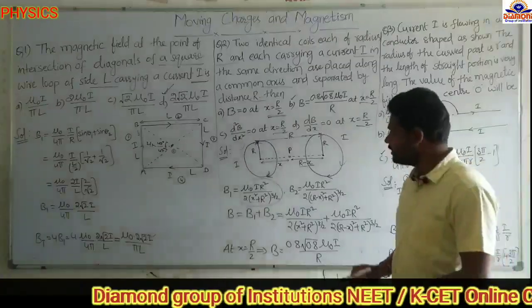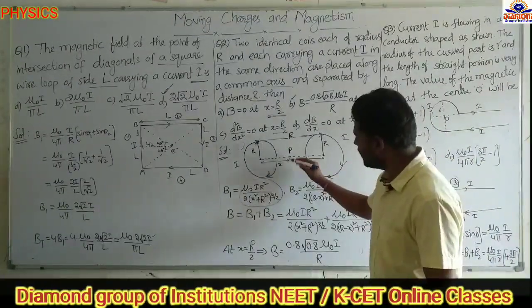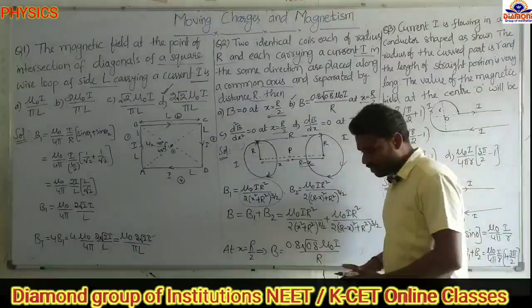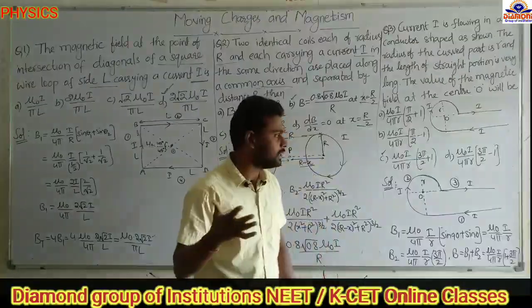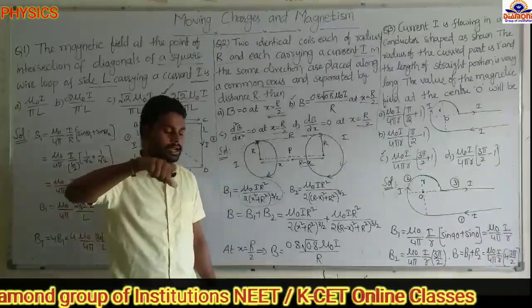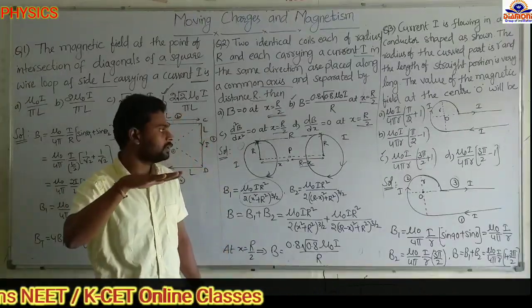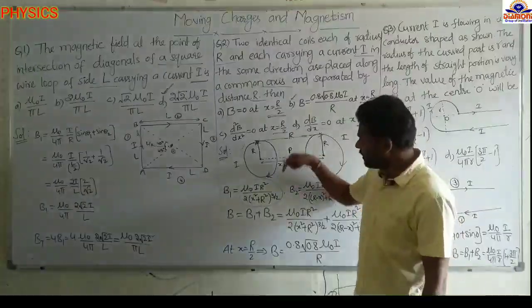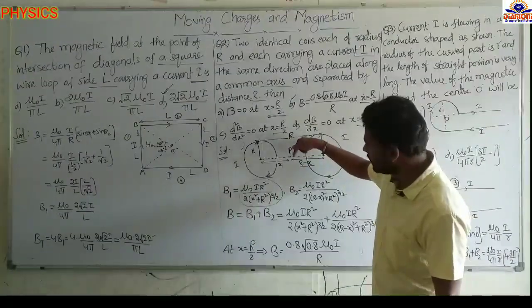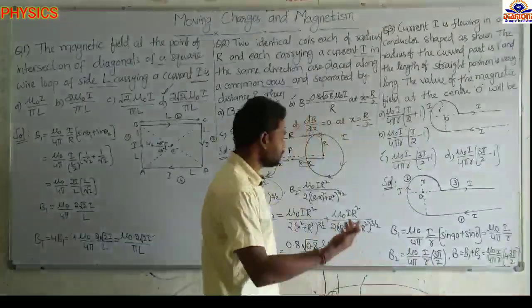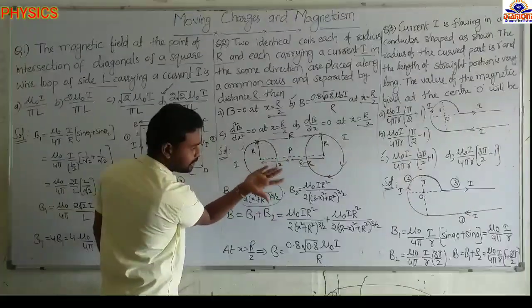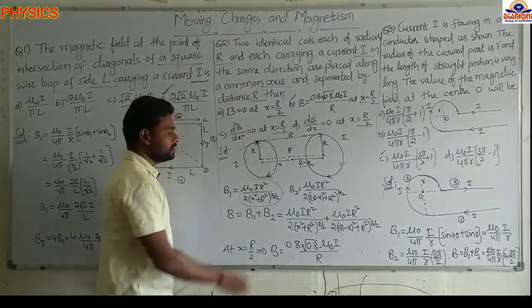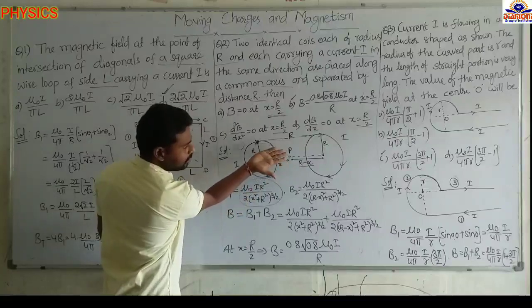And the next thing, we have to find the direction of the magnetic field due to the first coil and the second coil. Already I said in the first problem, use the right hand, keep the thumb in the direction of the current and stretch the fingers toward the point where we have to find the magnetic field. For the first coil, the current is going in the downward direction and we have to find the magnetic field here at P. So we get the outward direction. So due to this coil, the magnetic field is in the outward direction.